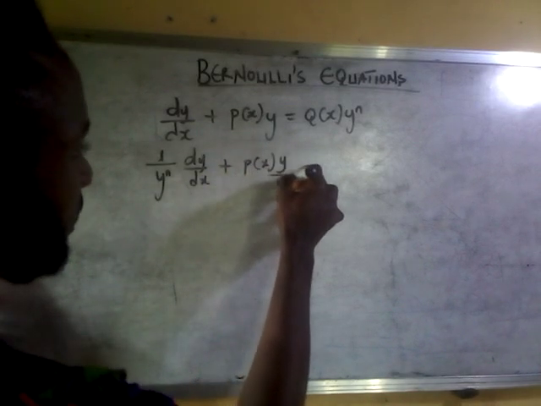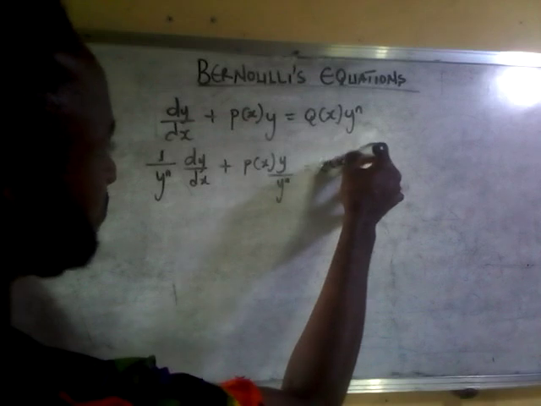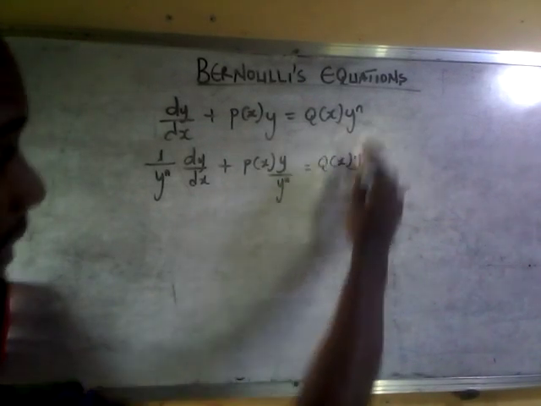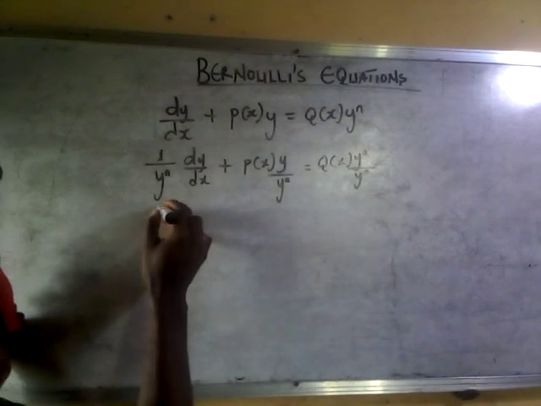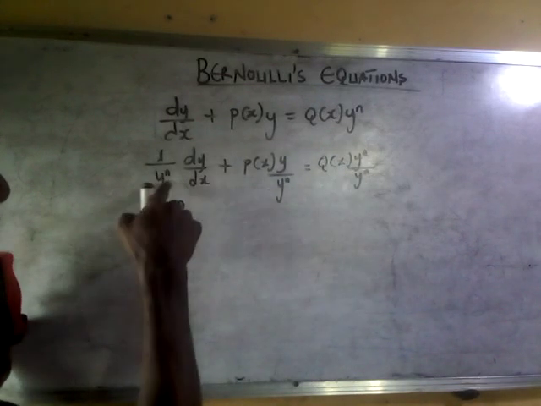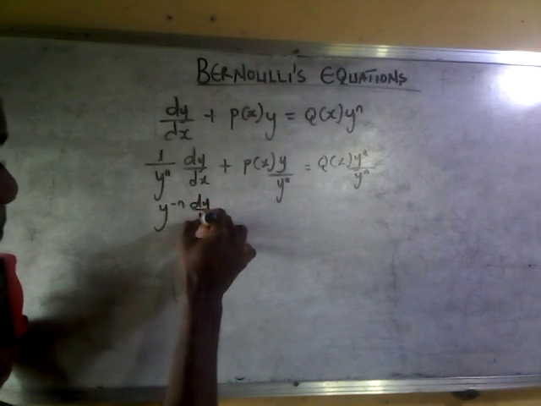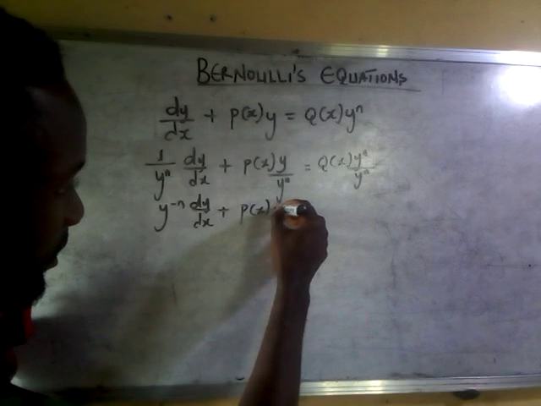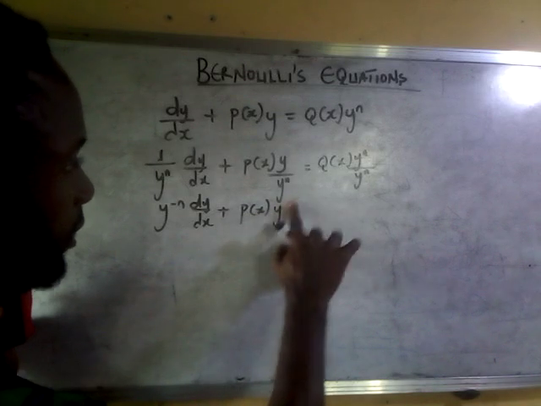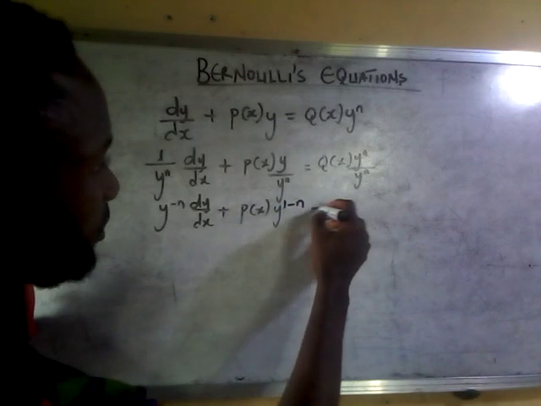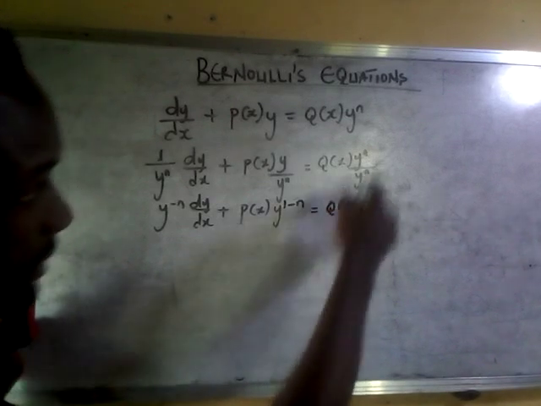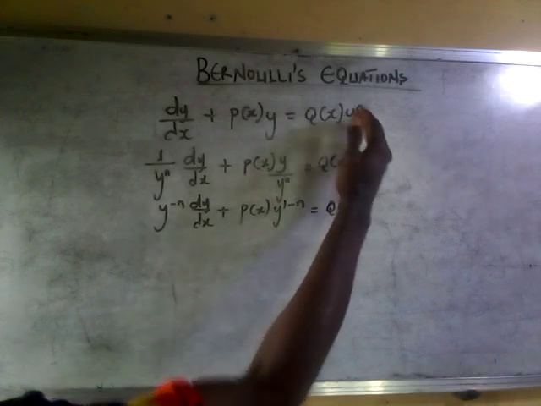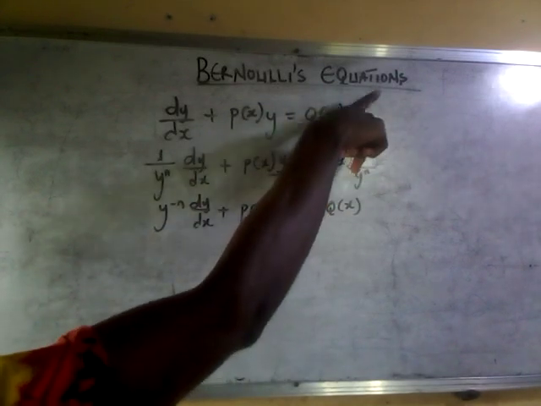y divided by y^n is equal to this divided by this. So remember that this now becomes 1, and according to the law of indices, when the bases are the same, this is also equal to y to the power 1 minus n. Now after the first step, when you divide with the power of n,